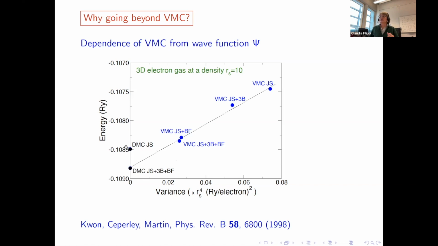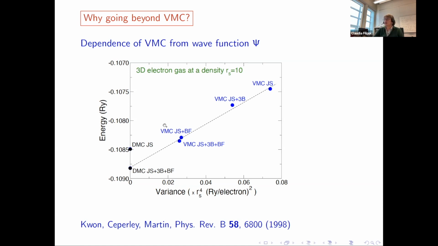But then what you can do is say, okay, fine, now I use a projection method. I use this wave function, and I try to project, in a stochastic manner, a better approximate solution of the Schrödinger equation, starting from my initial wave function. If I start from here, I will end up at this value of the energy, so significantly lower. So from this VMC, I go down here. And if I start from this better wave function, I will end up even on the intercept of this line. So I gain even more.